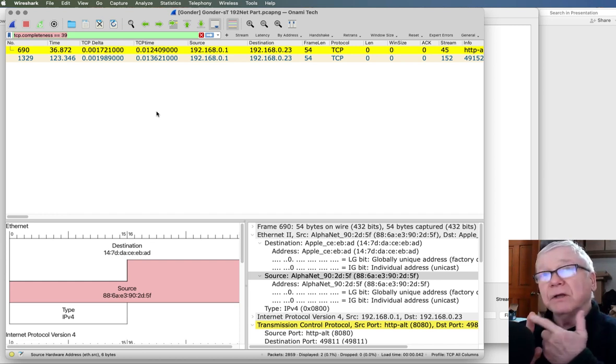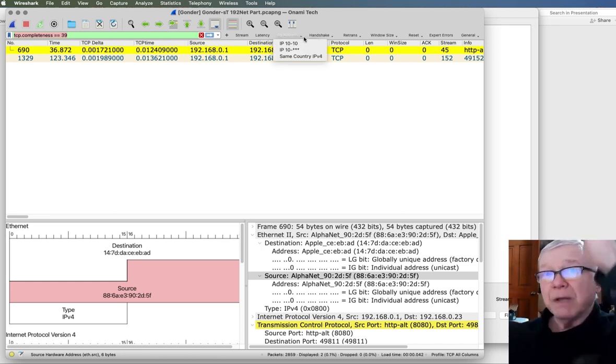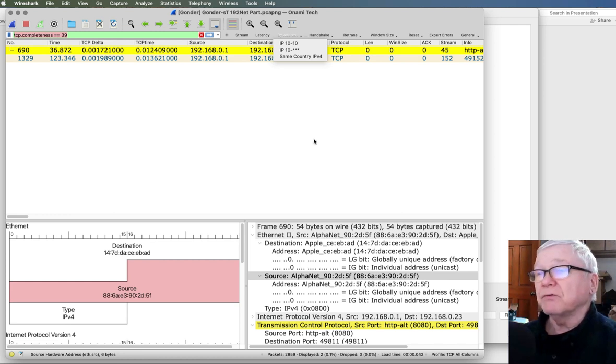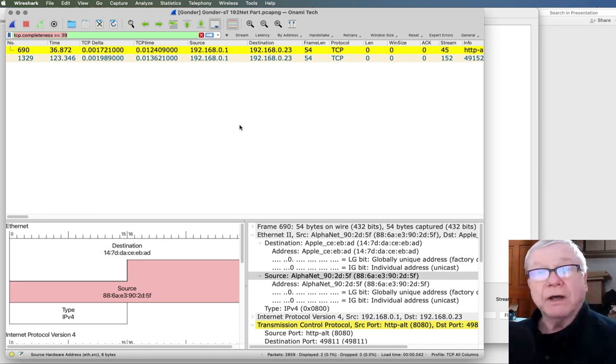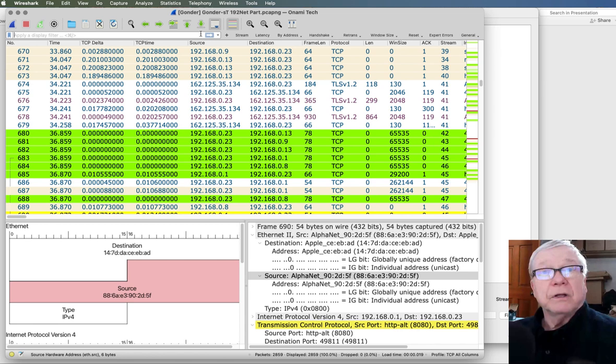So I could create a few filters and have them be buttons with a drop down for Nmap characteristics, and make myself a copy of something that has a whole lot already set up, like TCP all columns, calling it nmap find or something, and create a few buttons with things like completeness is 39, window size is very small, and like that. So I can start to create a custom profile for myself for looking for Nmap or the characteristics of some other scanning utility.